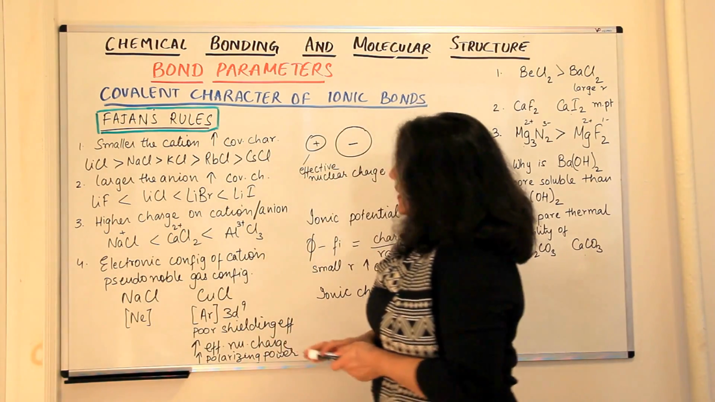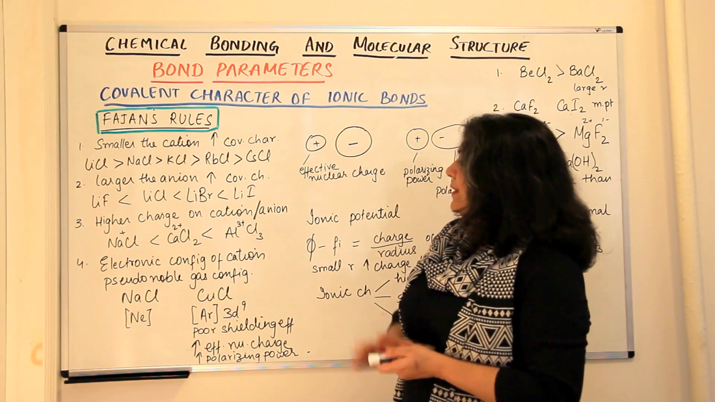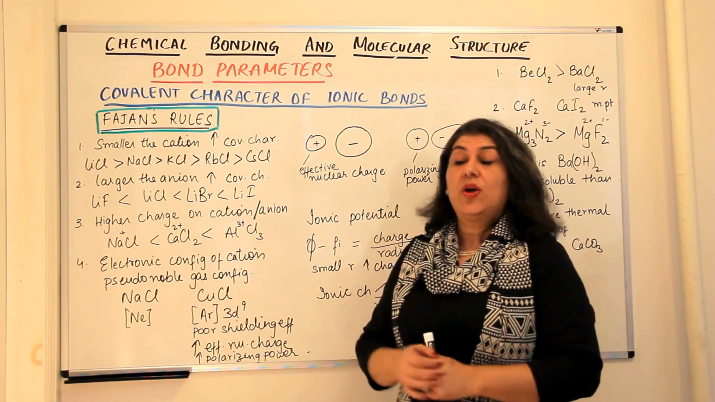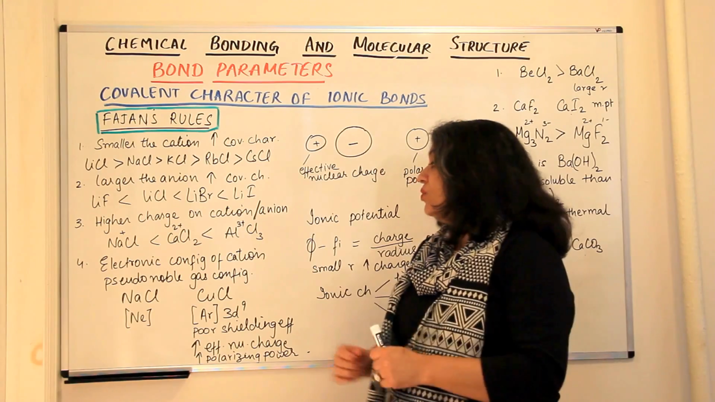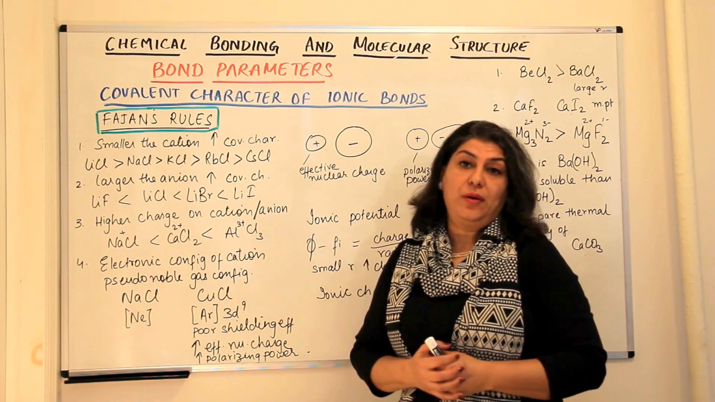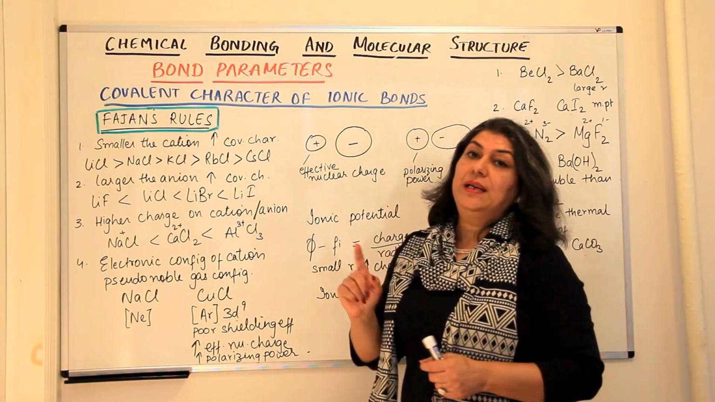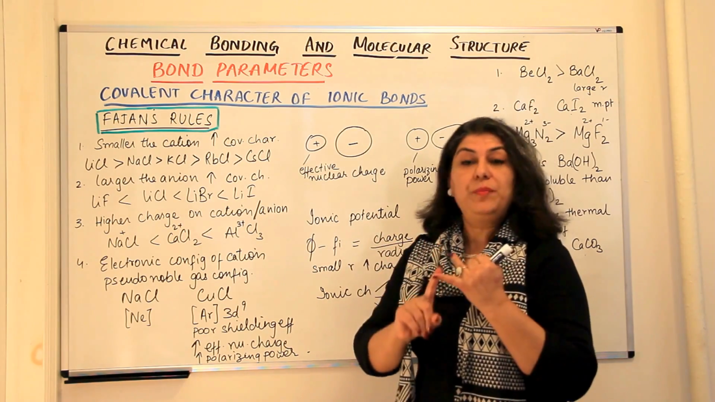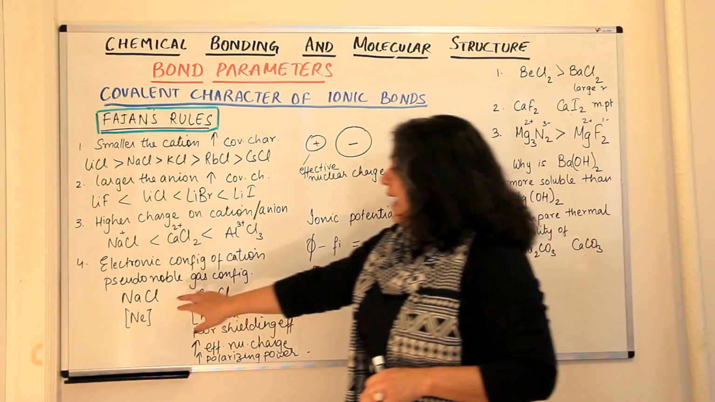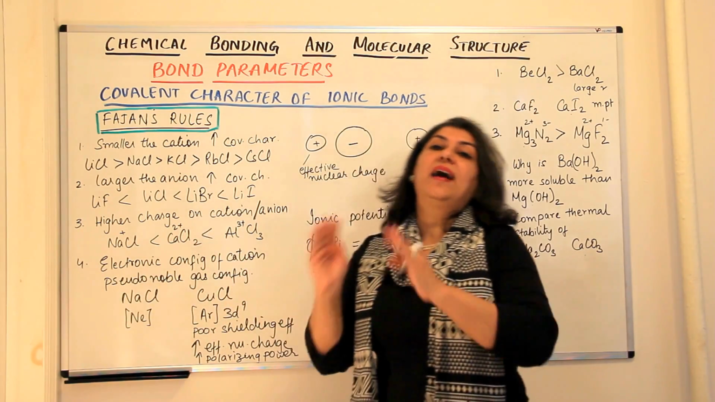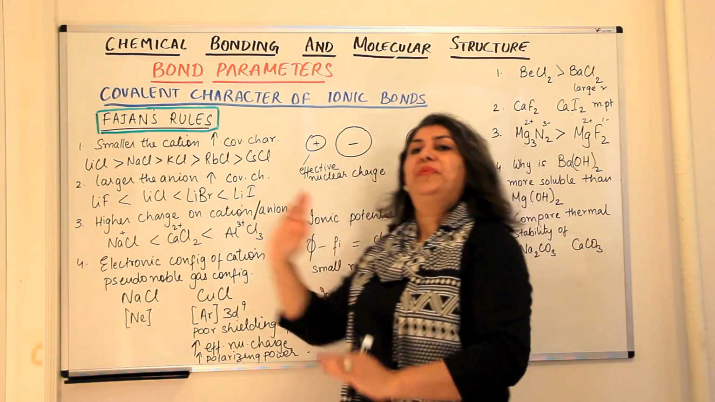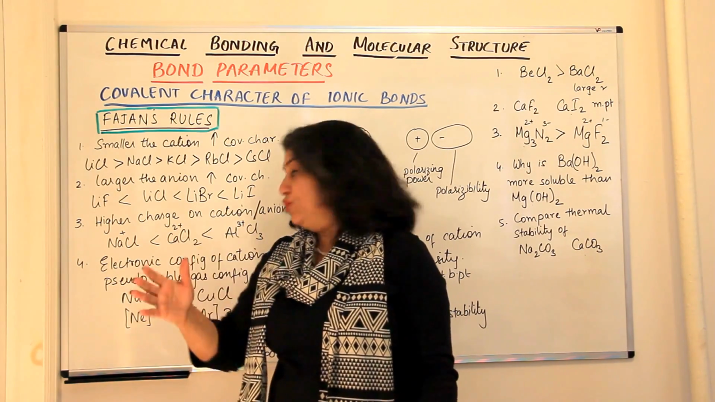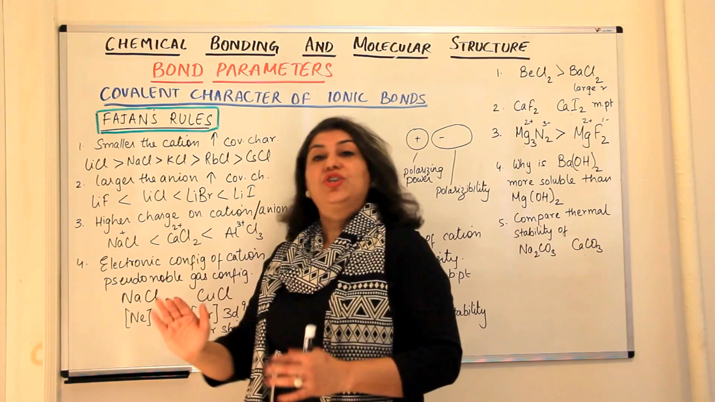Now let's come to the next Fajan's rule. The next rule says that the electronic configuration of cations also decides how covalent a compound would be. Usually, alkali metals and alkaline earth metals form cations, that is 1 positive and 2 positive. And when they form cations, they have the configuration of the previous noble gas. After losing the 1 or 2 electrons they have in their outermost shell, they acquire the configuration of the previous